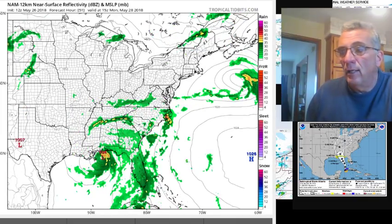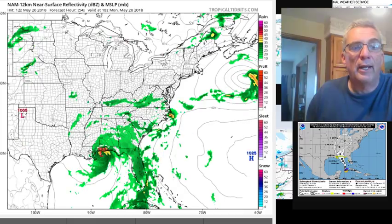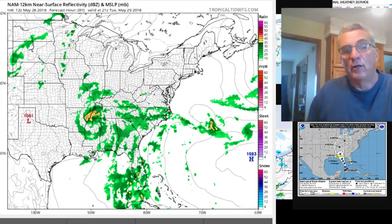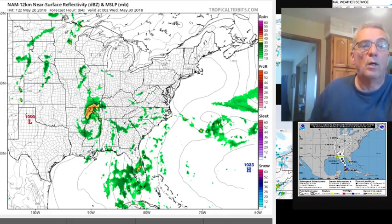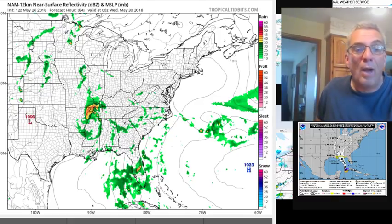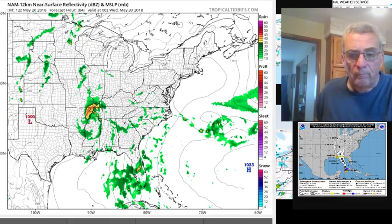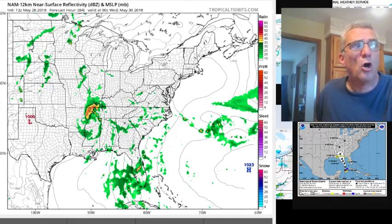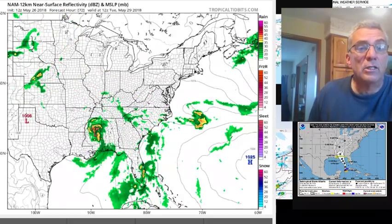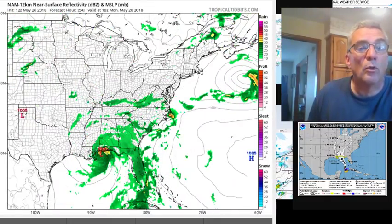So this could juice up a little before it comes inland. And then, of course, the issue is going to be the heavy rains that are going to be generated through areas in the southeast. And the runs today seem to have gotten away from doing either a loop or a stall or a track on a crawl. They've all gotten a little bit faster in taking this thing inland, and the NAM wants to go north-northwest with it. Here's the look on the